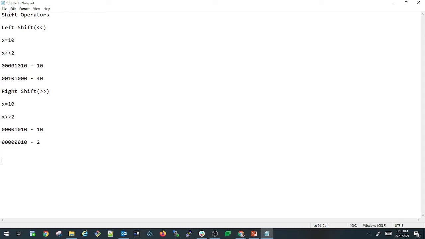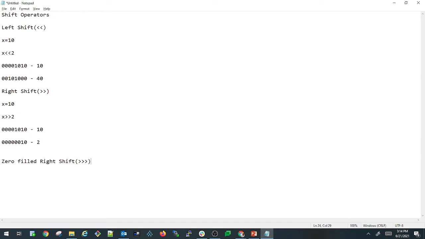So let us discuss the other shift operator, the zero filled right shift operator. This works just like the right shift operator, except there is a slight difference between the two.